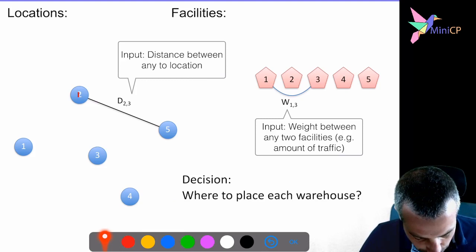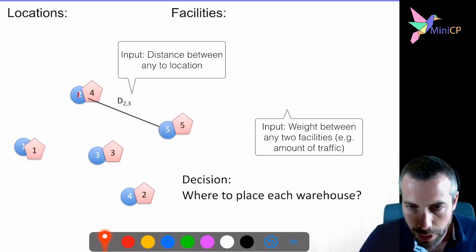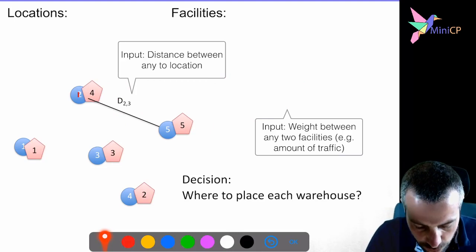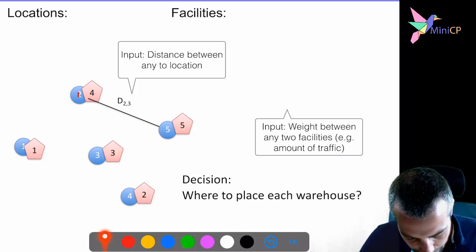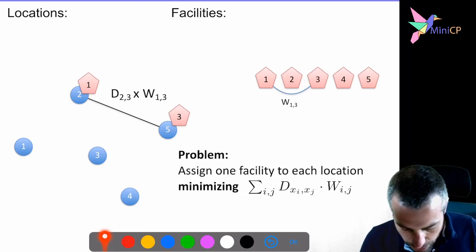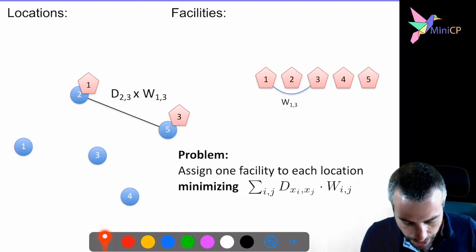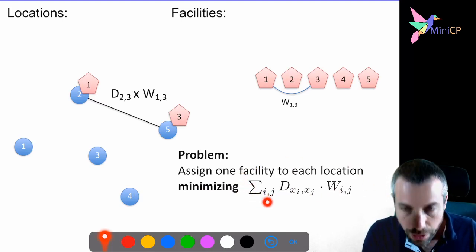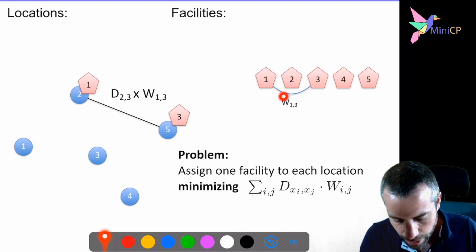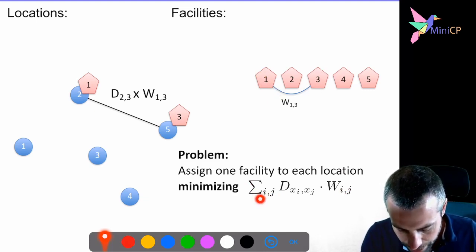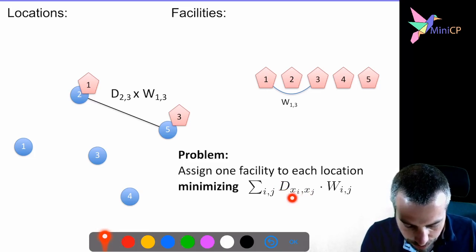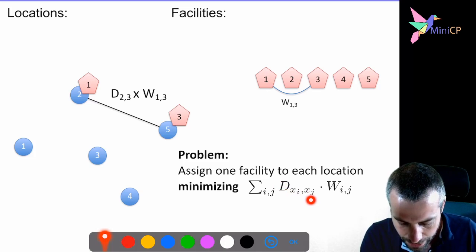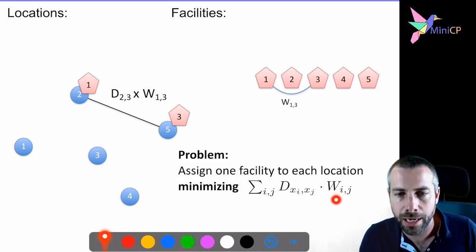So if I write the formula, this is the problem: I want to decide for every facility on which location it will be placed. To formalize what I need to optimize, this is the objective function. I want to minimize this term, which is the sum over every pair of facilities. For every pair, I want to minimize the distance between the locations where I would place these two facilities, multiplied by the amount of traffic between facility I and J. This is the location of facility I, this is the location of facility J.